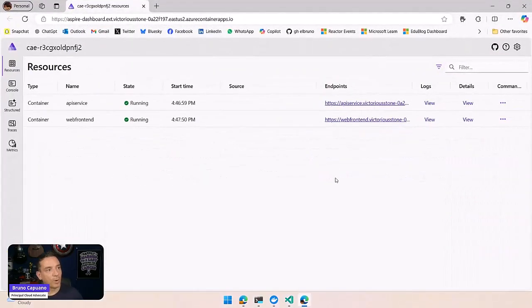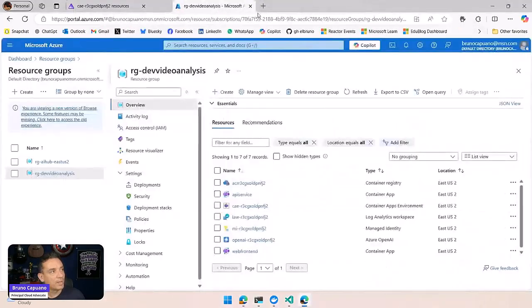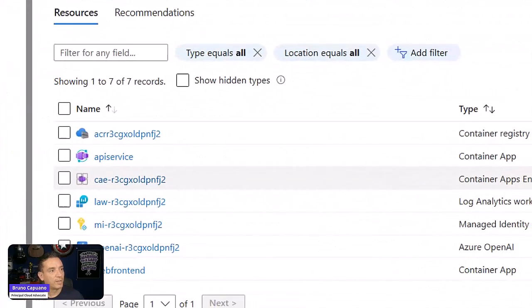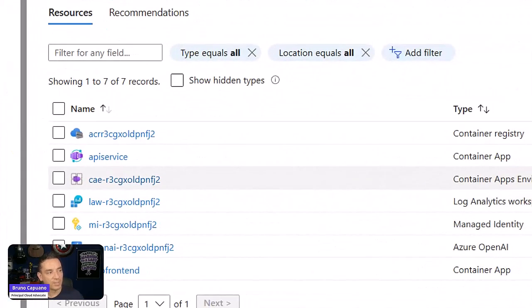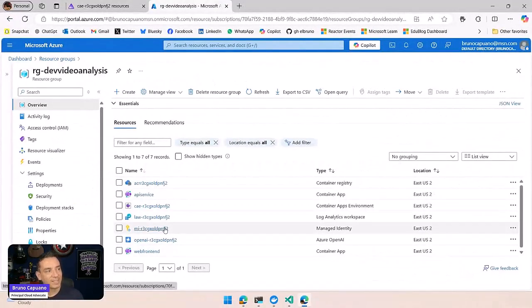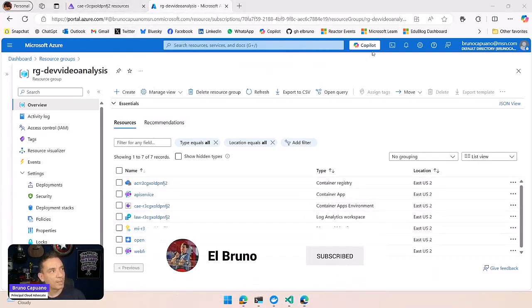This is the dashboard where we can see that we have the services for the API service and the front end, and also at the same time, we can go and take a look at Azure, where we are going to see that we deployed the services for the container registry, the container apps for the API service and front end, and also we have the OpenAI service, a Key Vault, a managed identity, and more. We have all of the stuff here. We have everything here ready to work. So we can go back to the